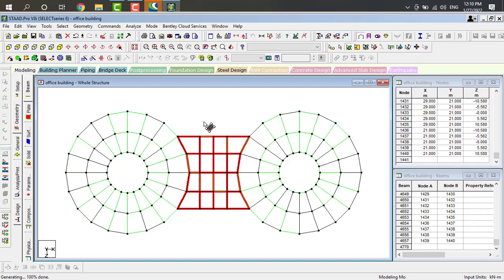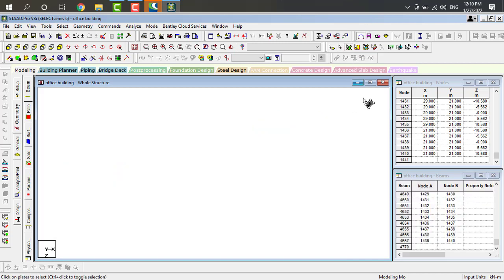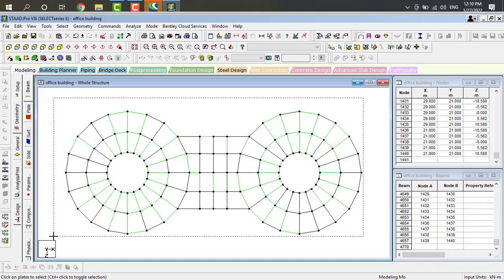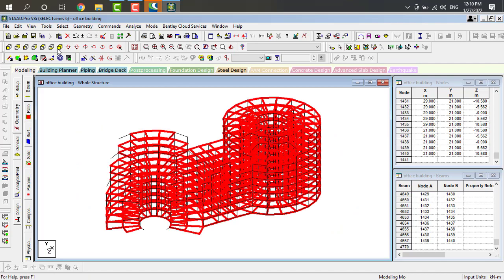Okay. So now we have to take all these in 3D view. These are beams and just select the plates. Go to 3D rendering view.